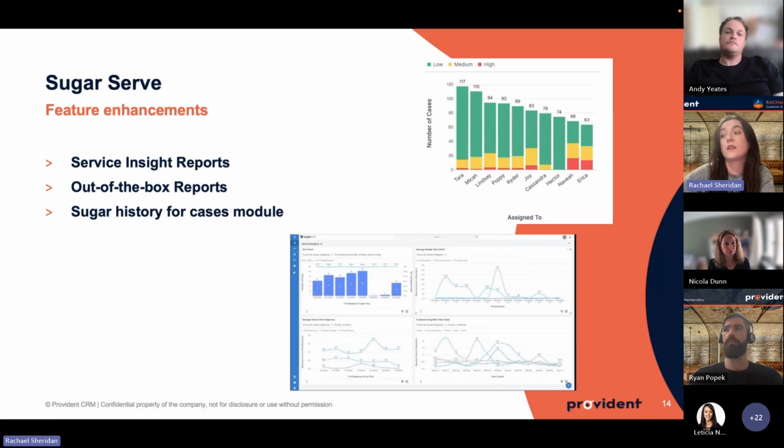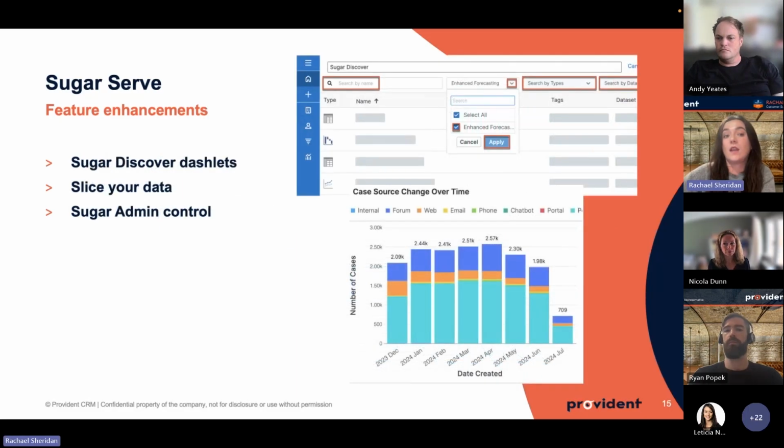offering you deeper insights into your service operations. Then again, with feature enhancements, we have Sugar Discover Dashlets. You can now use Sugar Discover Dashlets to add a service insights report